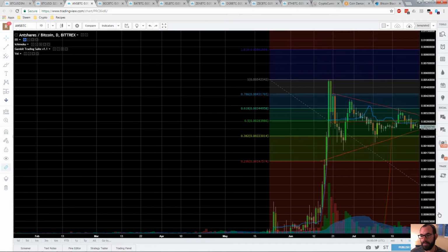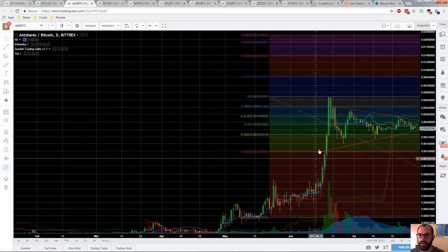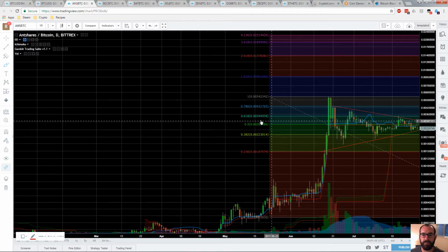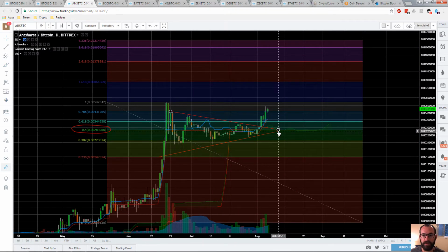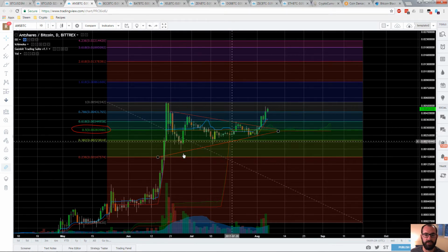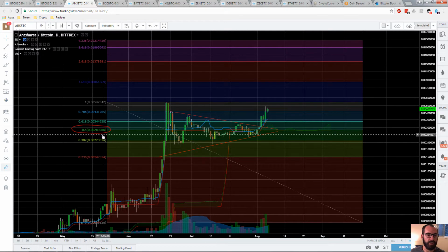I have a couple of videos out and some Steemit posts about how I was following this consolidation right here. It was consolidating right around this 50% Fibonacci mark. Right in that region, you can see where it was forming the flag pennant of the previous diagonals. You had a big run up, the price consolidated between the diagonal lines, and I started noticing this pattern right around here, and I started positioning myself right around the 50% Fibonacci line,